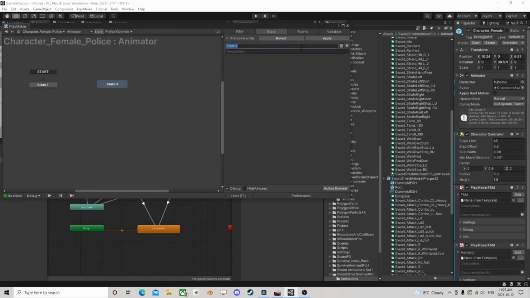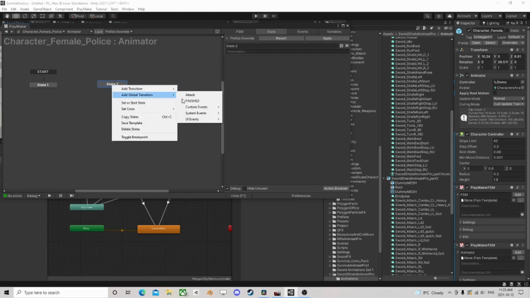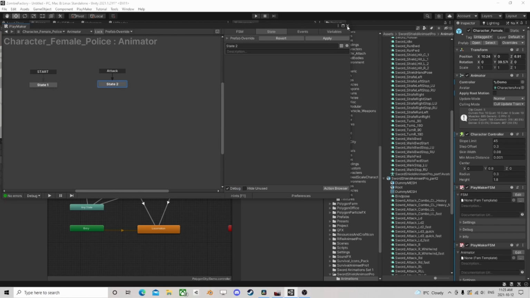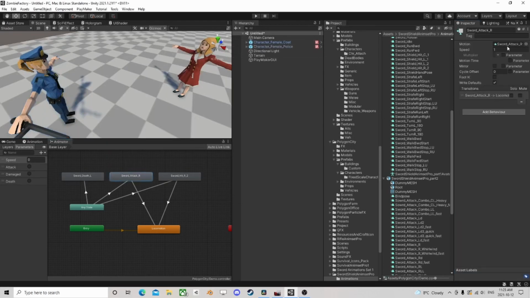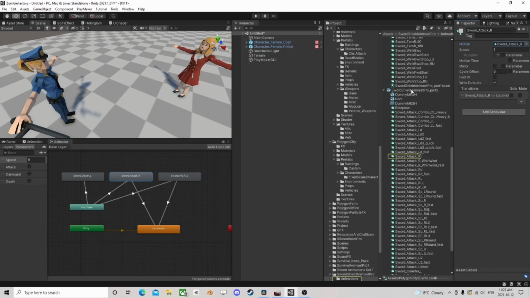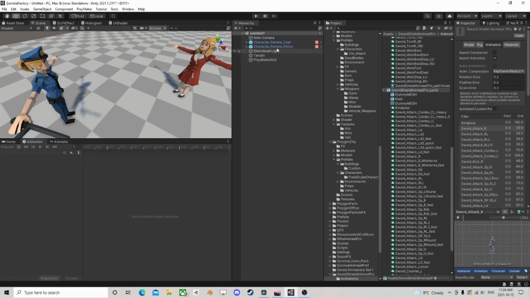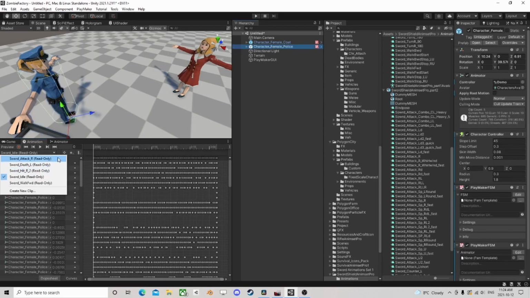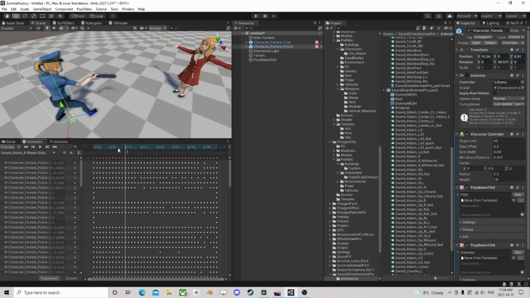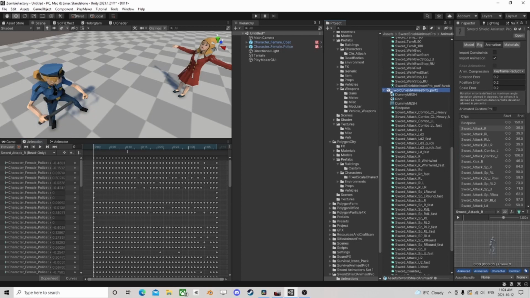So let's say we make an event and we call it attack, and I'm going to put it like that. So in here, if I go into the FBX, and if you don't have the FBX, you can just go into the animation. Right now mine says read only, that's because I have the FBX, but you can go in here and actually set things in here. But I've got the FBX, so I can't do that. I have to go into here